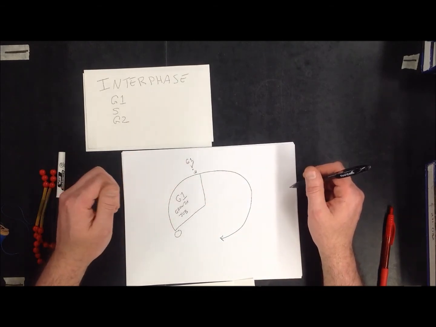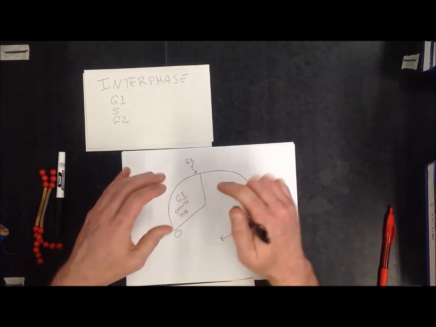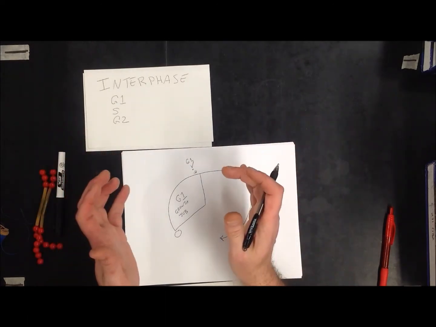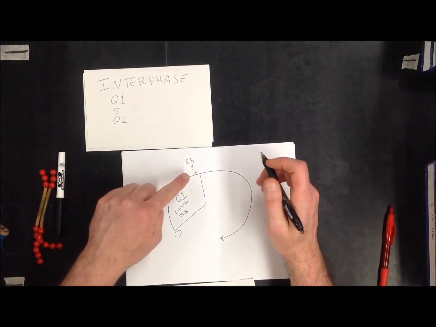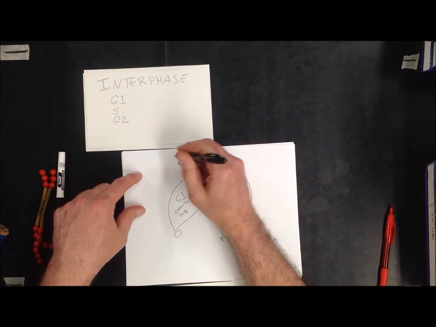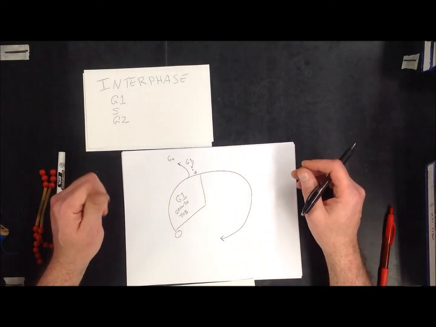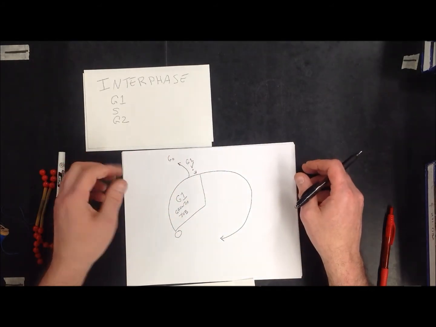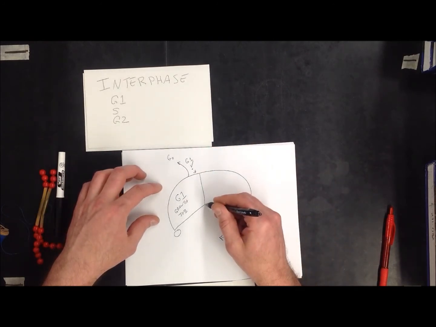At that G1 checkpoint, the cell makes a decision. Am I going to divide, or am I going to stay exactly like I am and just not move from anything and stay there? Well, if it decides to stay and not do anything else, the cell kind of leaves this cycle and it goes into something called G0. And then that cell will just continue to do what it needs to do until it dies. Now, if it goes past here and it's going to divide, we then go into